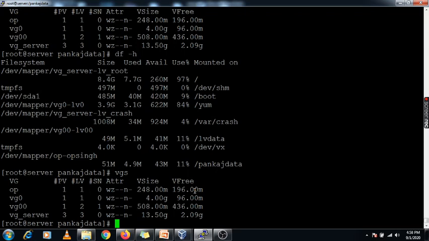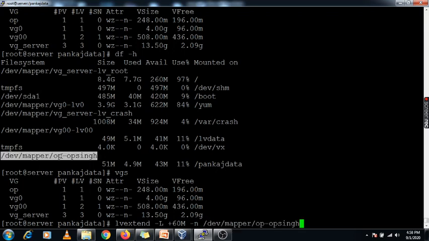Now I am extending that file system using lvextend -L, growing it by 60 MB, and giving the file system name. This is my file system name.